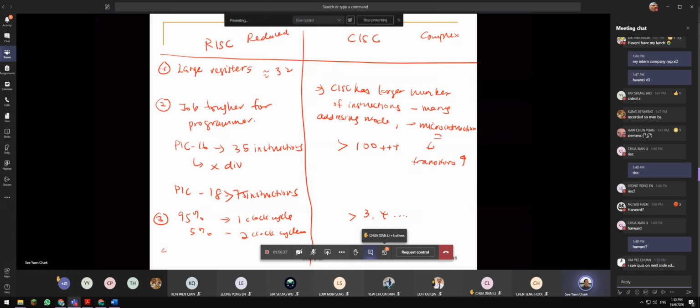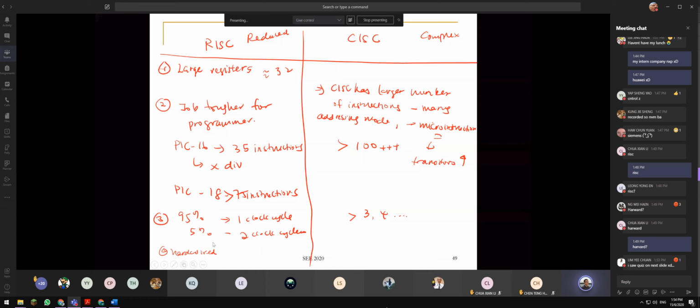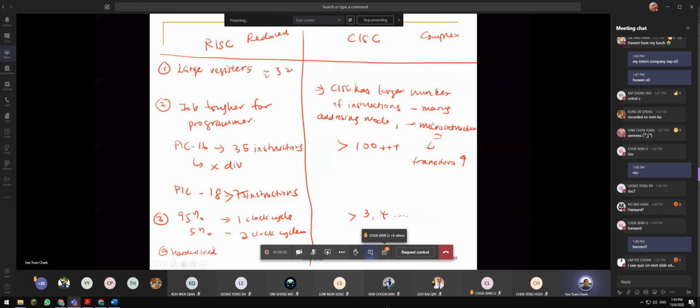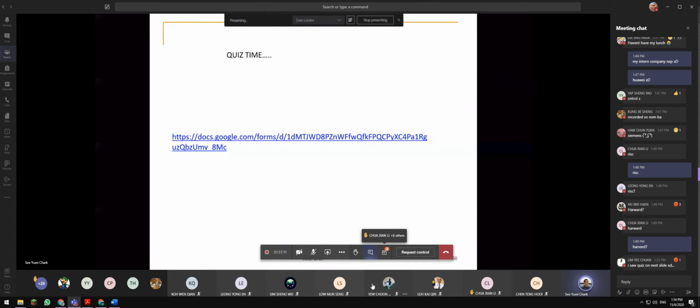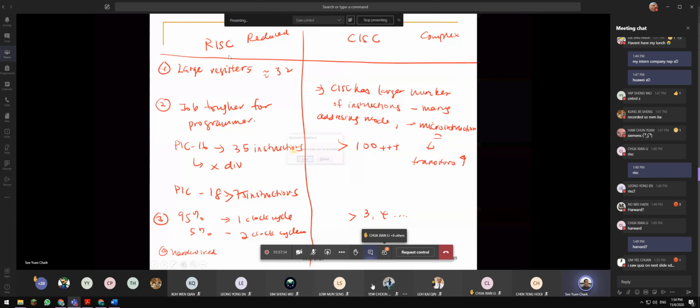So that's why the beauty of RISC is just hardwire. I believe that you already learned computer architecture under Dr. Lian Zhao, so I believe you know all these terms. Just to let you know, hardwire means they are connected using hardwire rather than using micro instructions. So this means that it's quite promising when you're using RISC architecture. Is it all right? Before we go to the quiz, let's finish one more thing.